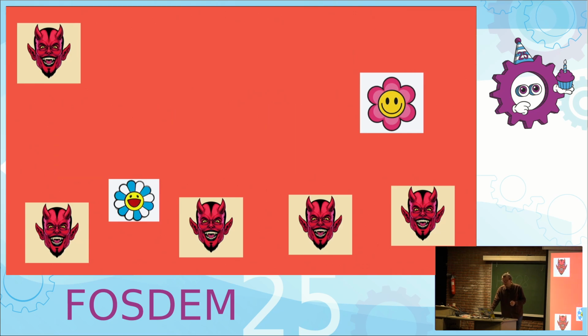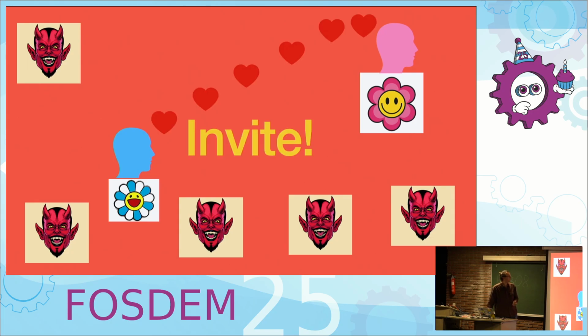So for these two computers, these two flowers, to find each other, the key is that these computers have users. And this user trusts this computer, and that user trusts that computer. So that's information we can bootstrap from, because actually what we're trying to do, the users are trying to collaborate. So this user can send an invite to the other user via email or WhatsApp or Signal or whatever.